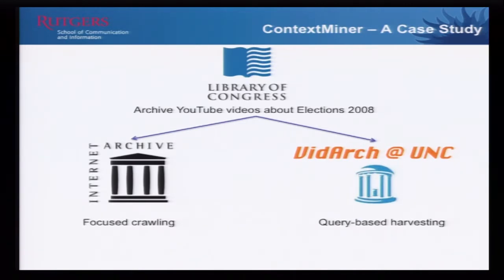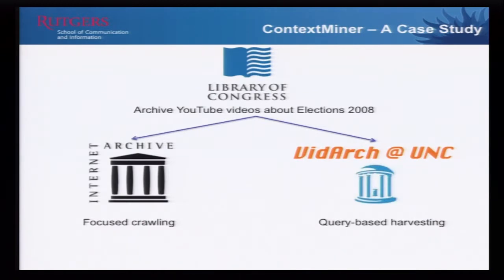We, on the other hand, did a very different approach, something that hadn't been done before. We said, well, YouTube itself offers searching functionality, just like other search engines. So how about we just ask YouTube that we are interested in the election-related videos? And we can even be a little bit more specific. We can say we are interested in John McCain or Barack Obama, and give us some results. And once you get the results, then collect some more data about it. Now, remember, this was back when YouTube was just YouTube. It wasn't part of Google, so it was a very different entity then.